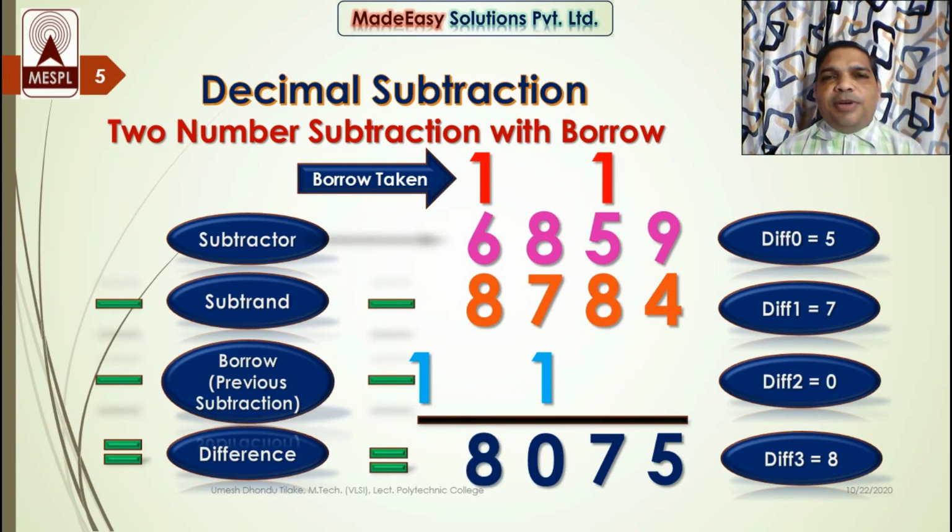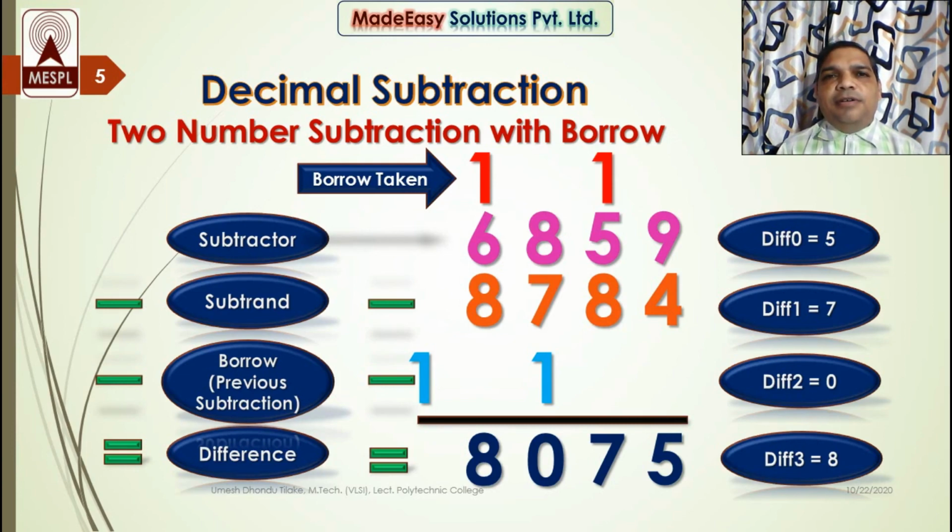Now you can compare the result we got in the previous example. In the previous example we got the result 1925. Here we are getting 8075. So we are getting different results by the borrow technique when our subtrahend number is larger than the subtractor number. And as we have just discussed, in such a case what we do is reverse the numbers. That means the subtrahend acts as a subtractor and the subtractor acts as a subtrahend. That means the subtrahend subtracts the subtractor, and whatever result we get, we call it a negative result.